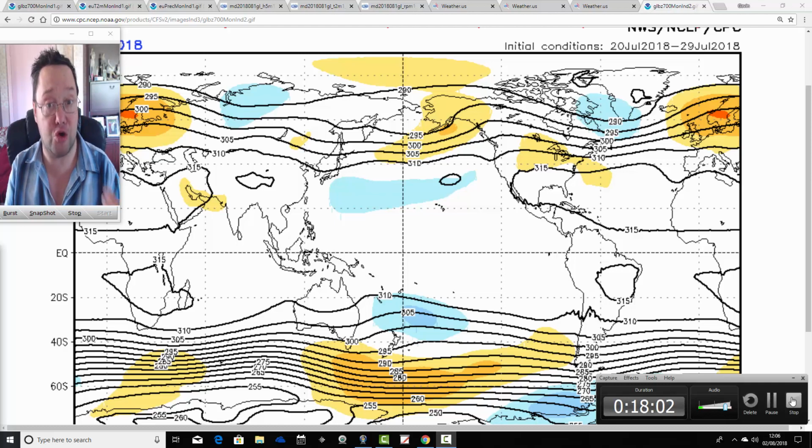Overall, the very good summer does continue. This is still warmer than average. It's probably, for some of us anyway, still drier than average for August. But I think we just back off that very extreme dry weather and very extreme hot weather that we've had through particularly July. Having said that, expect some very high temperatures in the coming days, and we'll be focusing on that